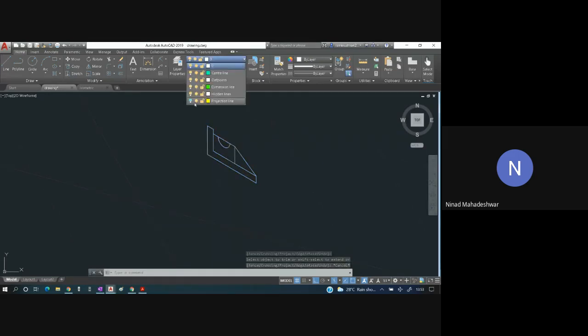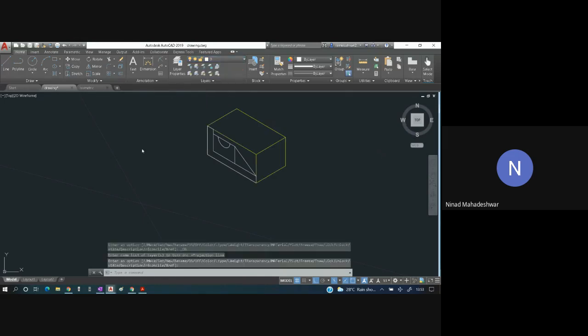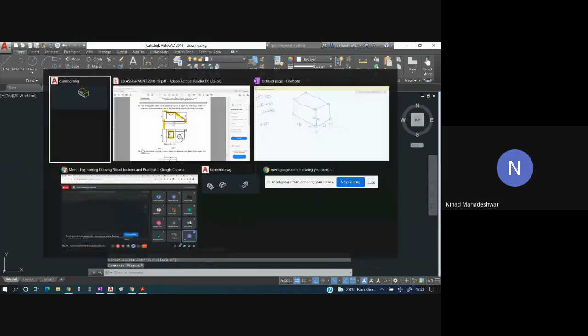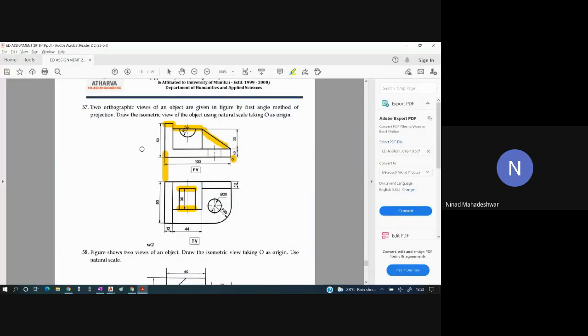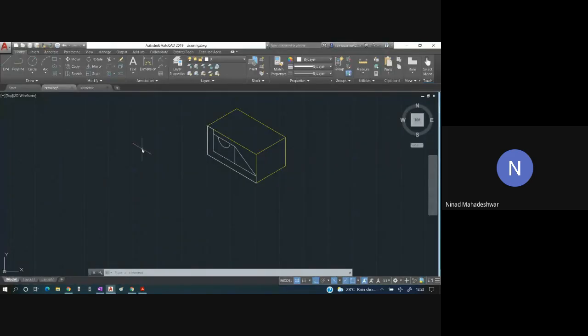Whatever front view we have drawn, exactly the front view we have drawn over here. Everybody has understood this? Yes, sir. Now after this, we are going to use the copy paste function.